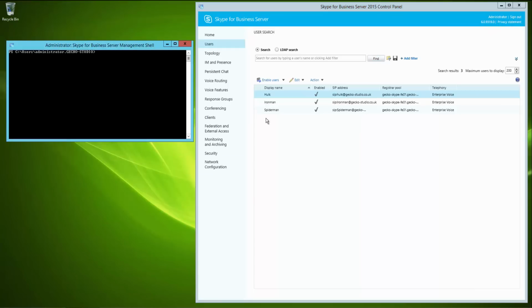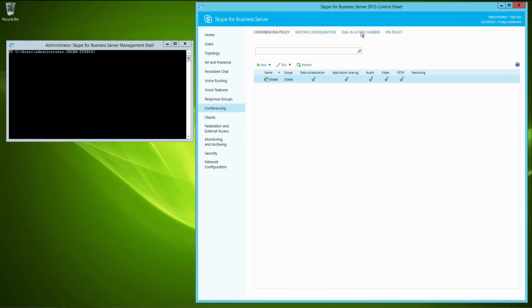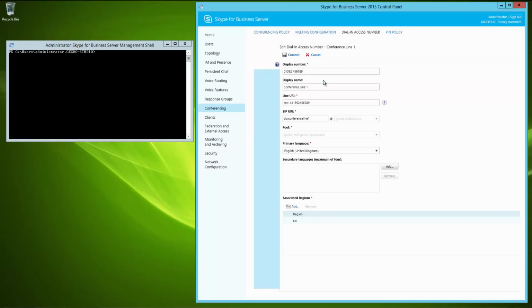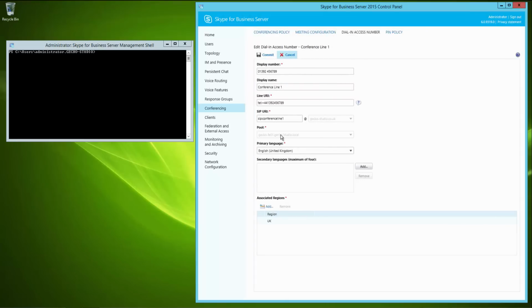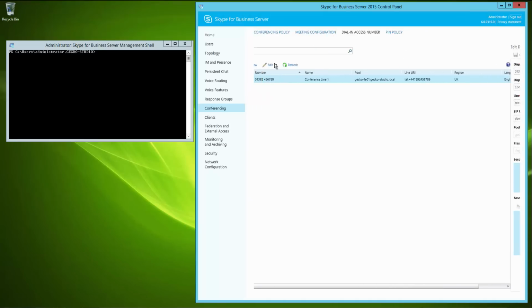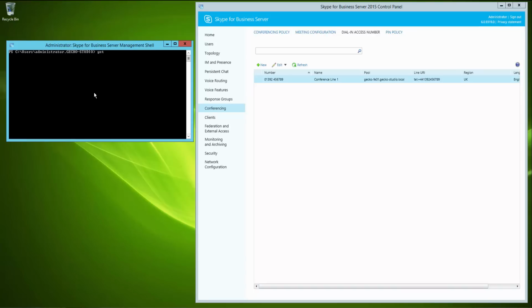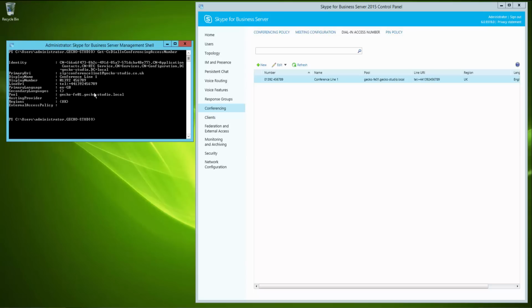Next up, we're going to look at the dial-in access number under the conferencing tab. You can see here in this screenshot that it's currently on our old front-end pool, and if we access it, you'll see that you can't actually change it from within the GUI there. So we need to use the management shell, Get-CsDialInConferencingAccessNumber, and on here it will tell us, you can see there again, the registrar pool is the old one. So the command we use to move that is